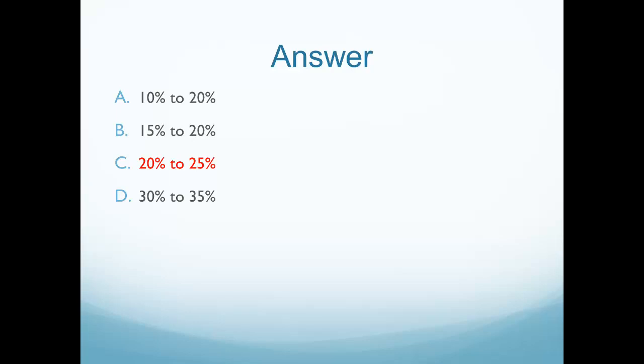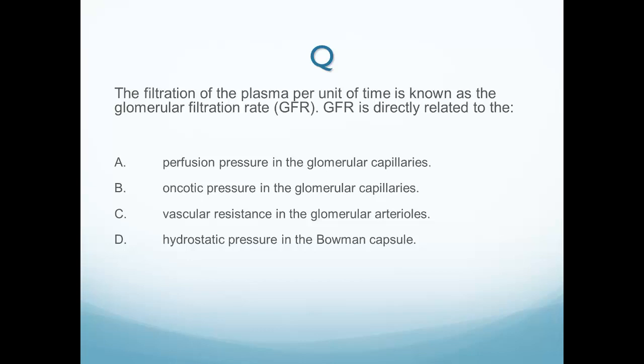So obviously the kidneys have a very high volume of blood flow going to them so that we can have adequate filtration and fluid balance maintained all the time. So we're going to have those things occurring all the time with our patient to maintain our equilibrium. Okay, how about another question here? The filtration of the plasma per unit of time is known as the glomerular filtration rate, GFR. GFR is directly related to the